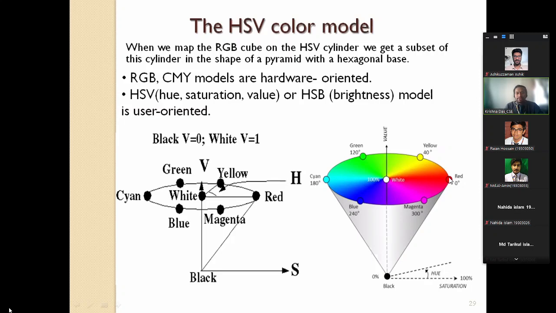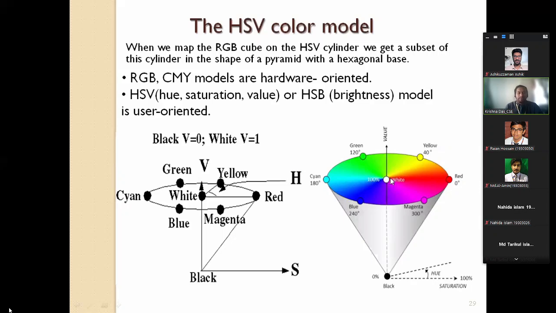This x coordinate gives you the purity of the color. Why are we talking about purity? Think about any point which is getting close to the center. That means it is getting close to white. Then it is losing its purity.